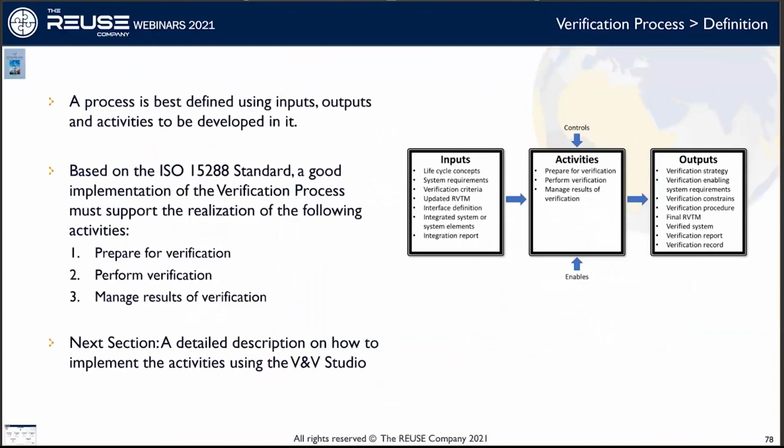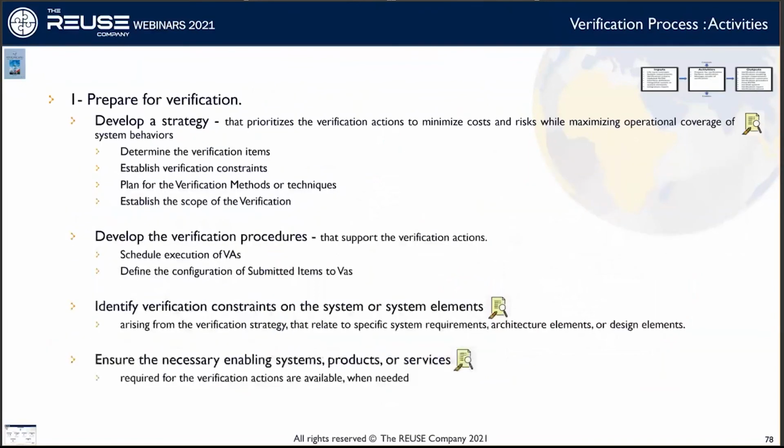So we have to go through prepare for verification, perform verification, and manage verification, if we just talk about verification. And here is what we have to do in all these stages. The first activity is prepare for verification. We have to do four things: develop a strategy, develop the verification procedures, identify constraints on the system or system elements, and ensure the necessary enabling